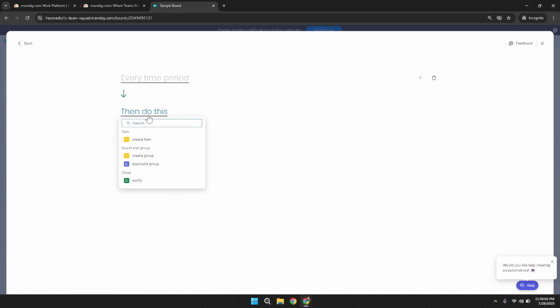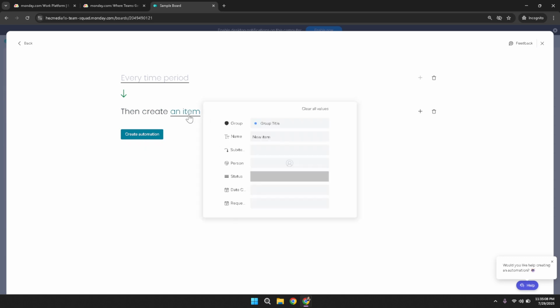In the next step, you need to set the recurrence. Decide how frequently you want the tasks to repeat. It could be every day, week, month, or any other time frame that suits your workflow. Selecting the right time frame is essential to ensure that your tasks appear in a timely manner, keeping your projects